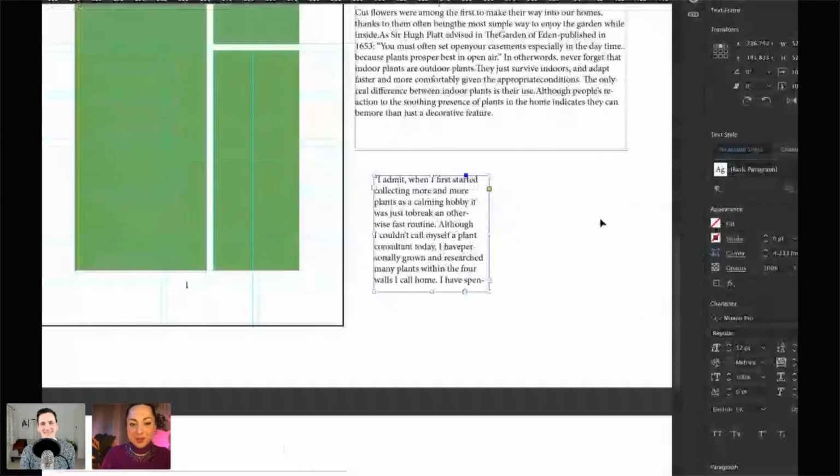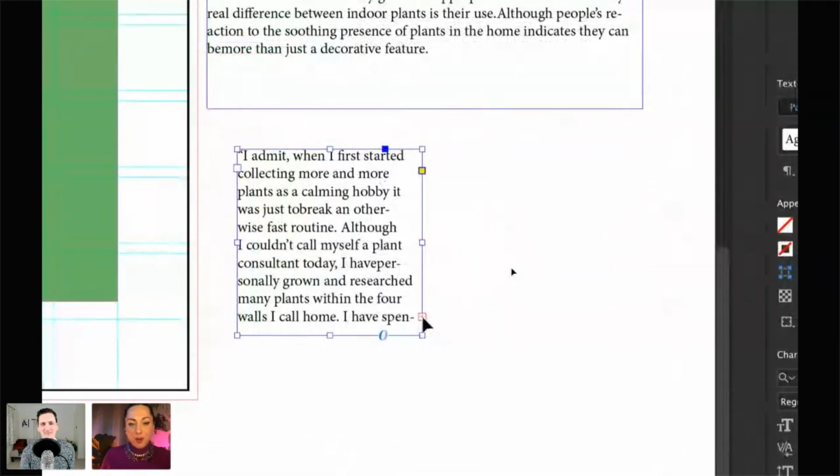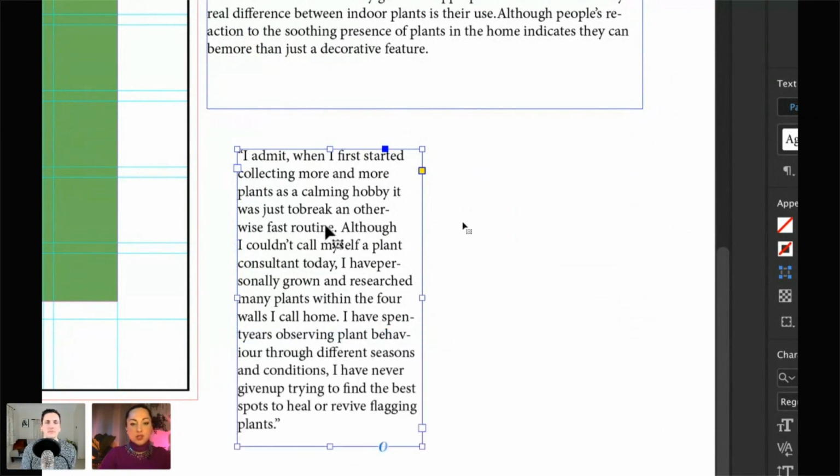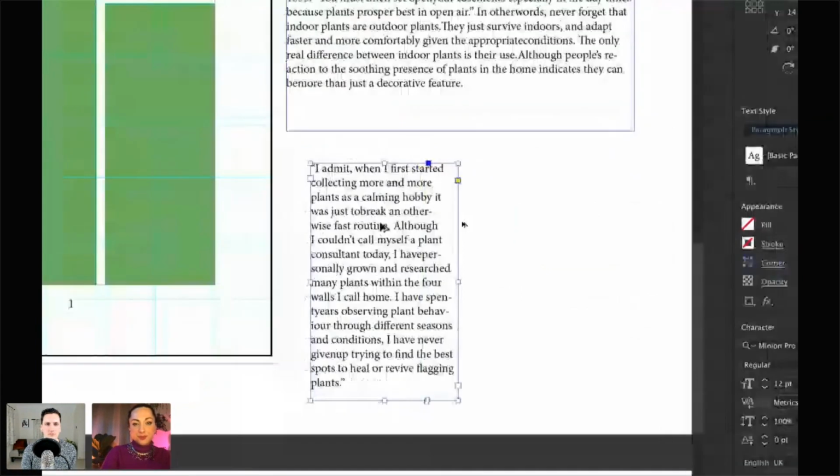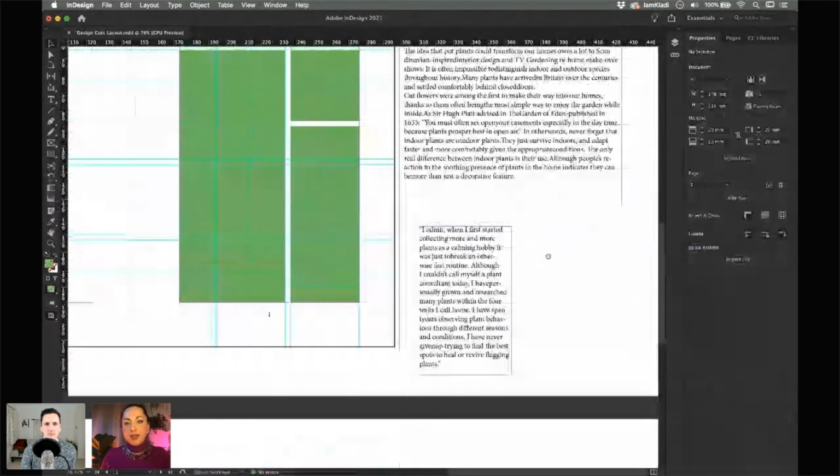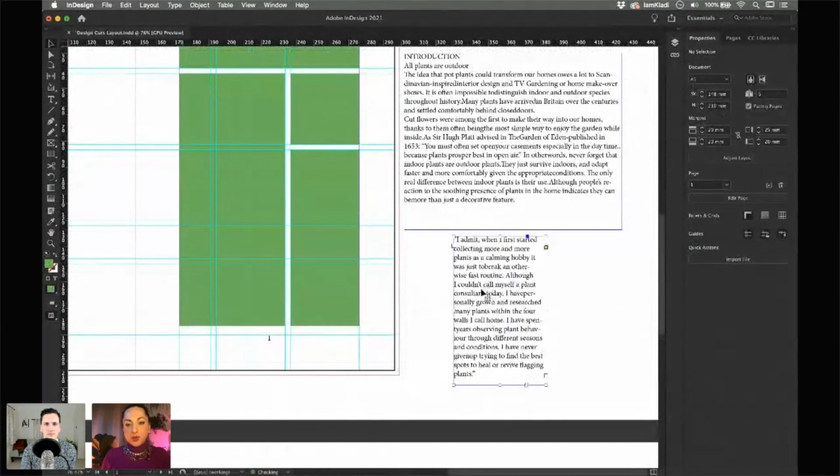If you ever see this little red plus icon popping up here, it means that you have overset text, so there is text that is hiding. In order to show it right away, click on your text box and use Option Command C. That's Alt Control C on Windows, to make sure that we expand automatically and fit the frame to the text. Right, so here we have the main chunk of text and also the